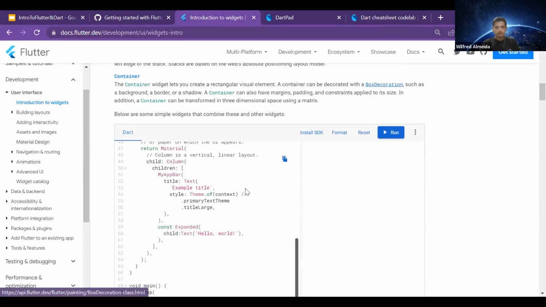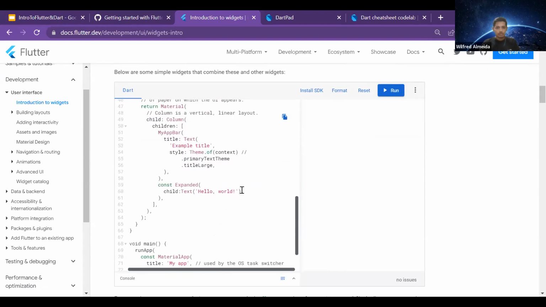Happening, and it will take some time. Meanwhile, the output is shown here. It went to the top because I didn't specify anything. That is the default behavior: whatever text is there, it starts displaying from the top and goes top to bottom. Since I didn't specify anything, if I have to center it, I have to specify the center